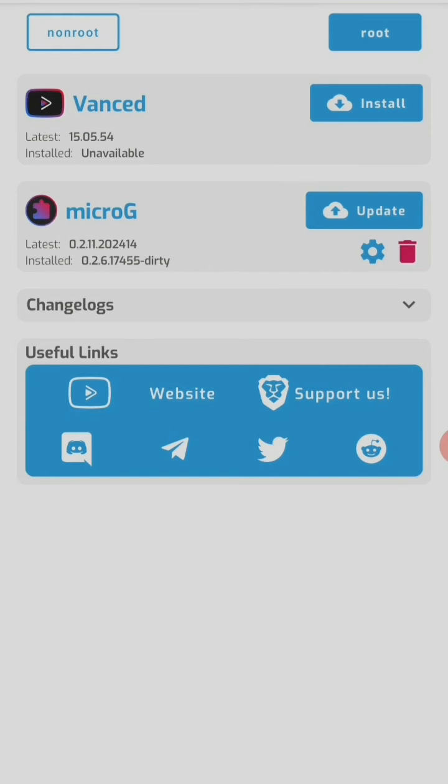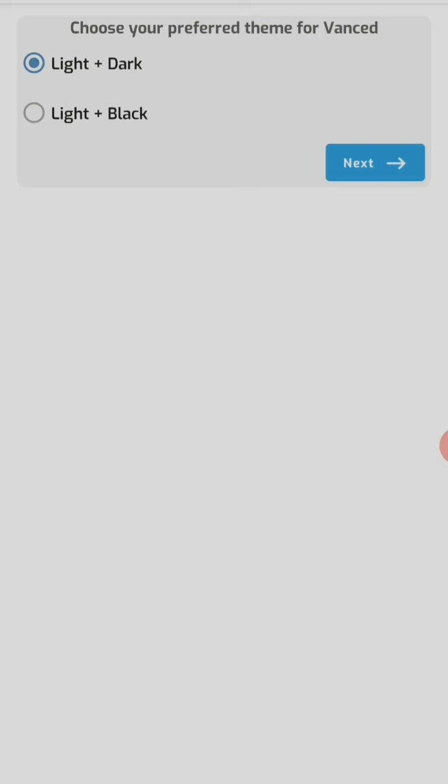And at this interface, you need to install both applications. First you should install MicroG. In my case I have MicroG already, so I am not doing it right now. If you don't have MicroG, you will not be able to sign in to the YouTube application with your Gmail account. So please download MicroG and install it, and then